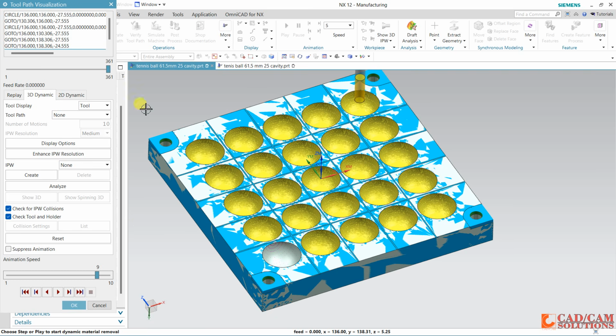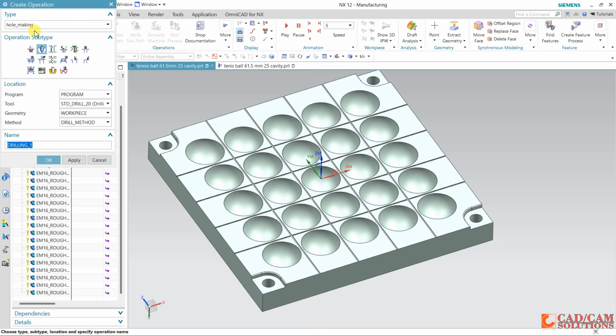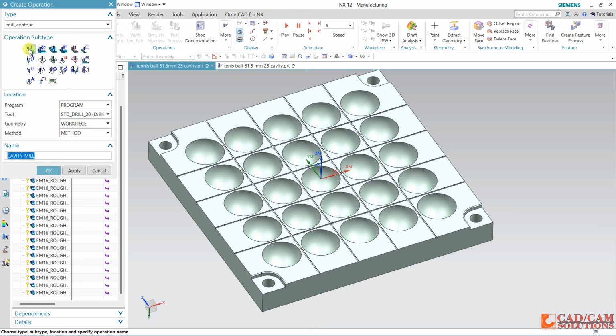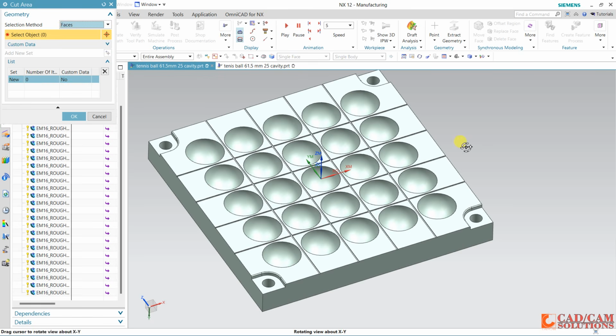Okay, and if you want to add all these, click here, and my operation is this cavity mill for side pocketing, and the tool is 16. And okay, select the area.